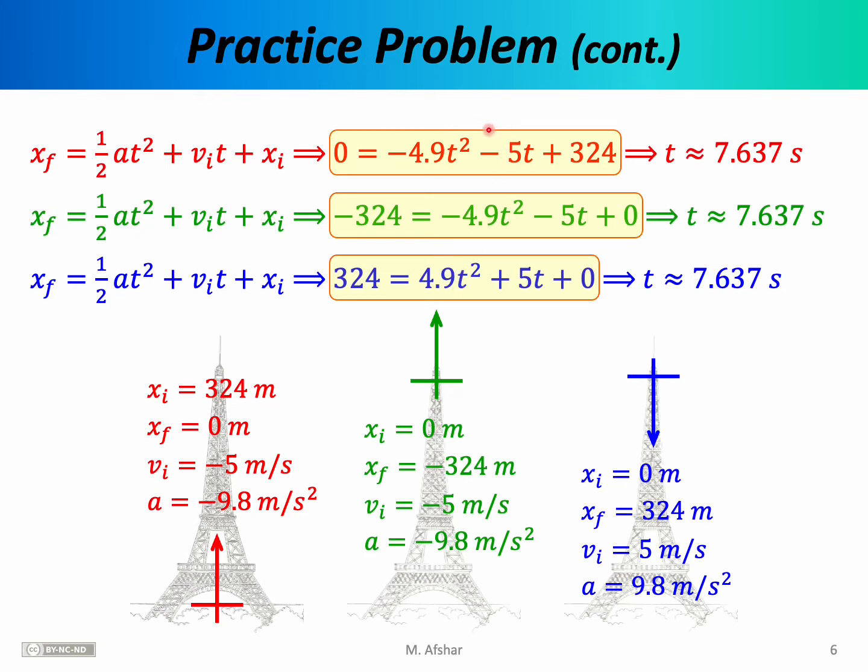Or if you take the red equation and move the 324 to the left side, you'll get the green equation. So these three equations are really the same equation, just in different disguises, and so naturally they have the same answer. However, to get to the answer, you had to make a choice of a coordinate system so that you could have actual numbers to plug into these